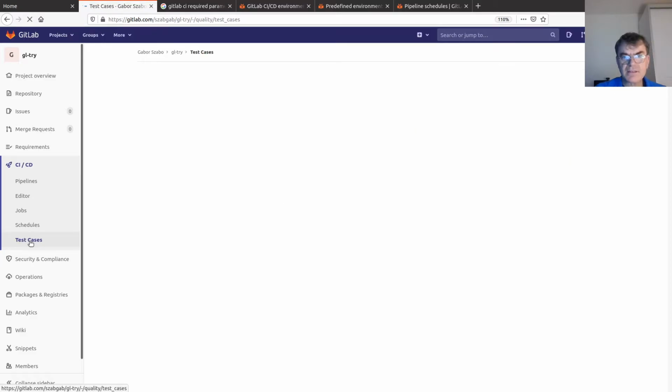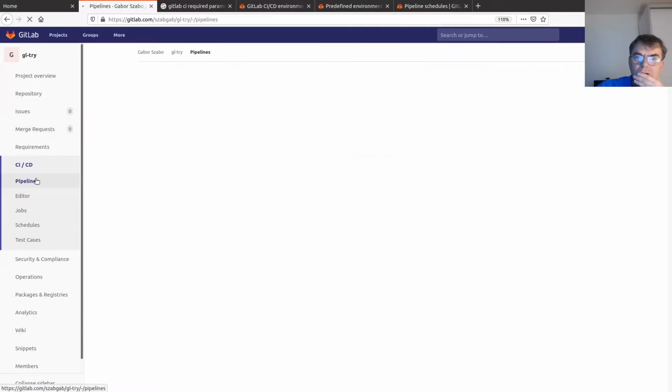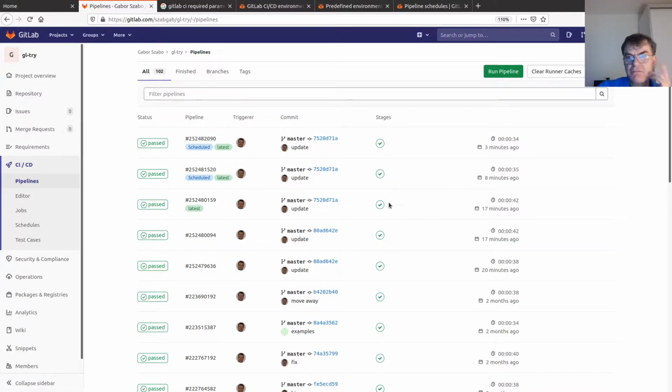Let's see, what are these test cases? Search test cases. With test cases, you can define conditions for your project to meet in determining quality. You can group test cases using labels to learn about the future direction of this feature. Okay. I'm not sure what this means. And this is not running. Okay, so maybe it's going to every 5 minutes, or I don't know, we'll see. Okay, let's be patient with this now. And keep pushing, okay, whatever. Okay, so that's one way